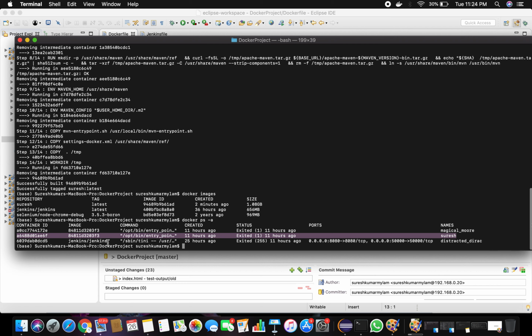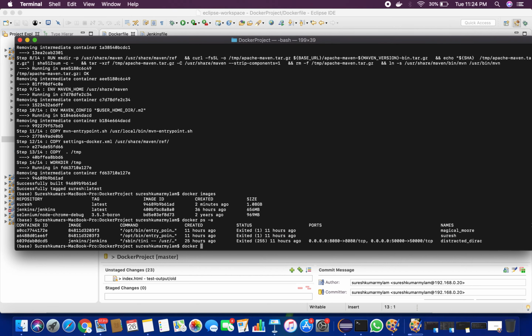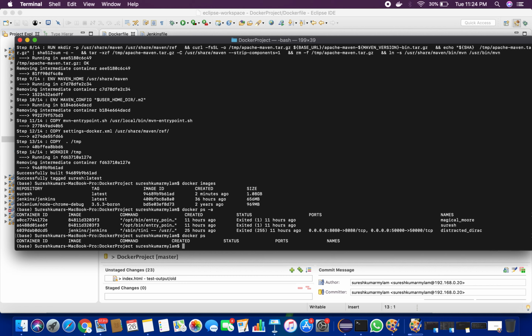Earlier we had Jenkins, and then this is the latest image. If you see the status, and docker ps, okay, since the container has exited, you are not seeing it under docker ps, but the container was successfully created with the Dockerfile configuration.